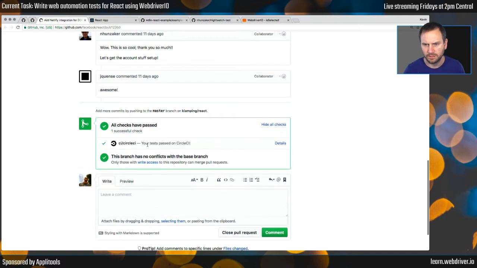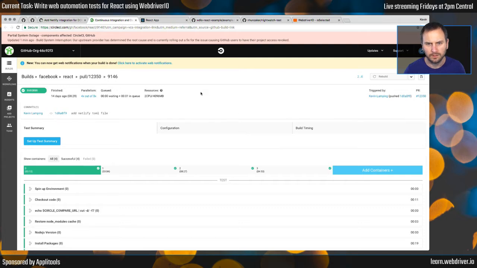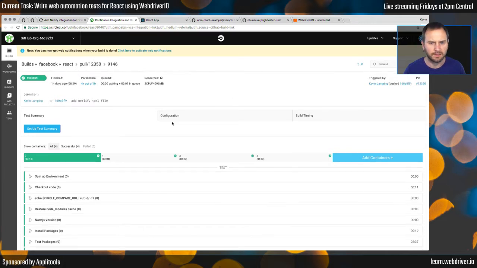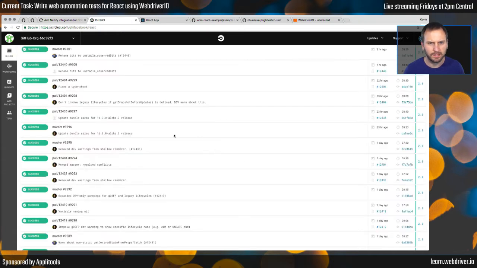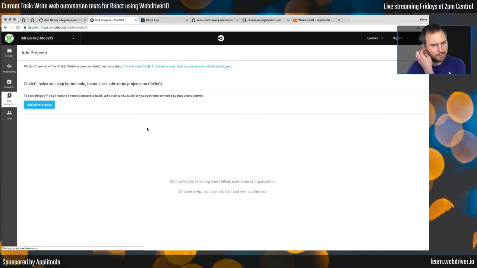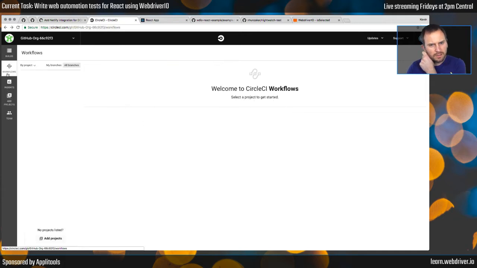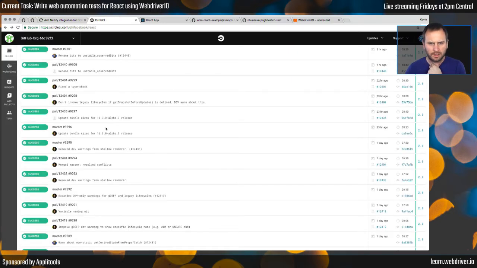So let's see what's under show all checks. What I want to do is, this is their Circle CI page that basically runs their pull request and does a bunch of stuff. I want to see how open they have this. So in Circle CI, like any CI, all branches, no projects. I don't think I can add a project. No, I can't. It would just be under builds. Oh, golly. GitHub org, and then